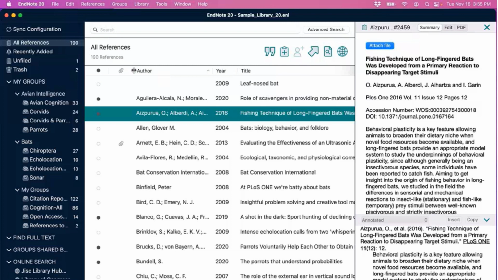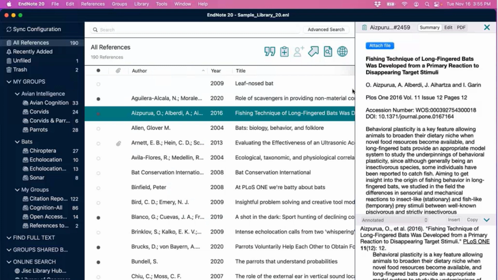The primary panel that comprises the bulk of the library window is here in the middle. It's called your reference list panel. And for anyone familiar with EndNote X9 or earlier, this probably looks much different to you. This is probably the biggest upgrade or enhancement that was part of this new version of EndNote Desktop, EndNote version 20. The same concepts really still apply. Our product team did a lot of focus group testing with longtime EndNote users, new EndNote users, and non-users, researchers who might be using another solution, another bibliographic management software package to inform our design decisions, and the changes that we've implemented were overwhelmingly endorsed across the board.